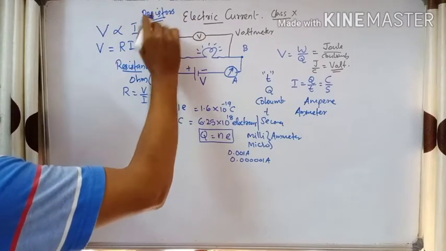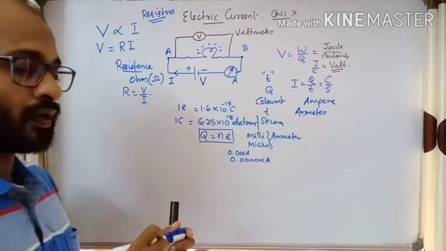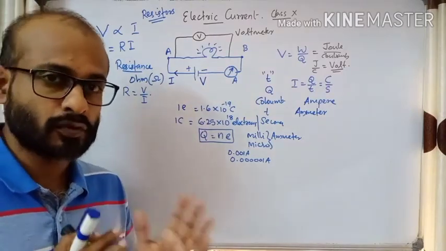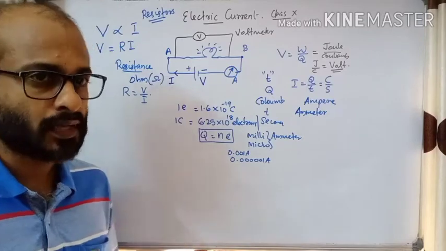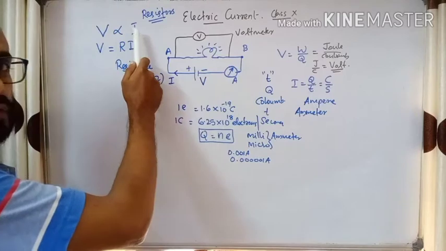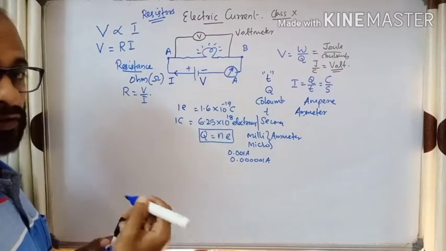Okay. Now how can we do the Ohm's law experiment in our lab? We have a particular concept: when we do the experiment, temperature should be constant. At constant temperature only, the potential difference across the ends of a conductor is directly proportional to current. Now, how can you do it in the lab? How can you verify this?